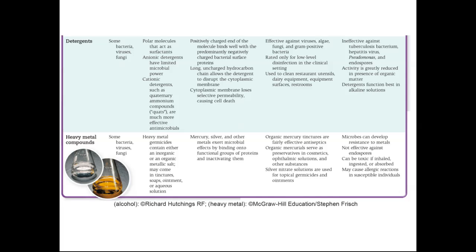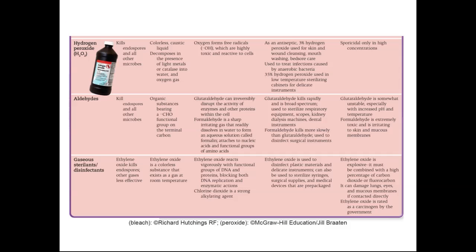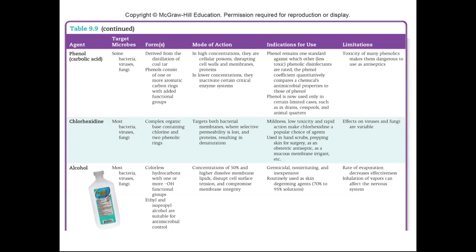Anionic detergents, though, are typically going to be paired with another chemical for sterilization. We'll typically first use a detergent to wash the object and remove the presence of organic matter, and then follow up with an additional method to destroy the bacterial endospores. Chlorhexidine can destroy most bacteria and viruses. Depending on the bacteria, the virus, or fungi, there's a variable amount of effects, though, so it's not very reliable.